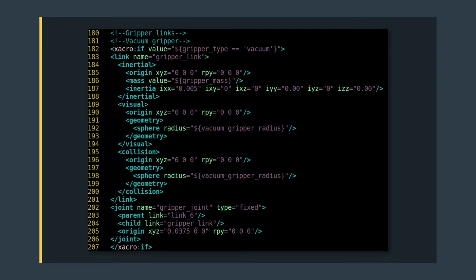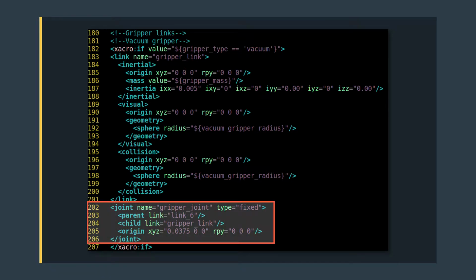But you also need information about the gripper frame that's rigidly attached to link 6. Here is the relevant code block. As you can see from lines 202 to 206, the origin of the gripper joint is 0.0375 meters in the x direction relative to link 6 and has the same orientation. The gripper joint is also a fixed joint, meaning there is no relative motion between it and its parent link,